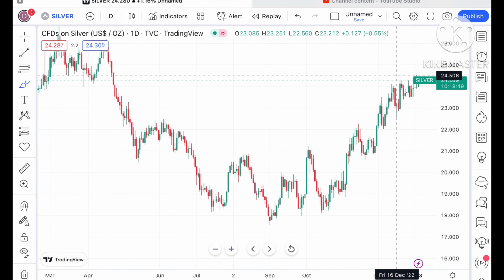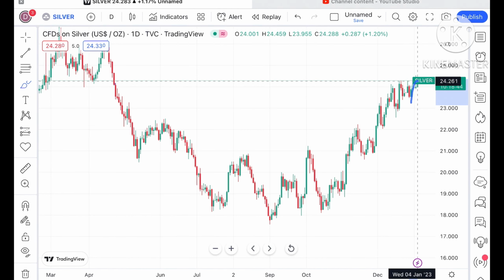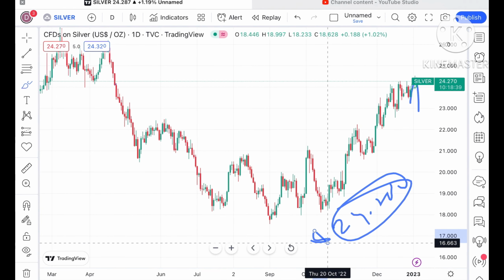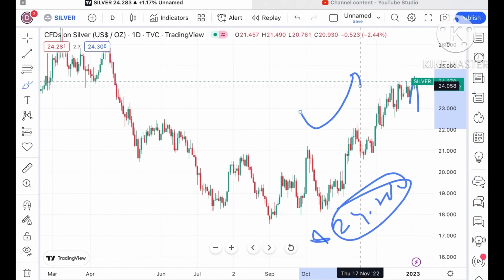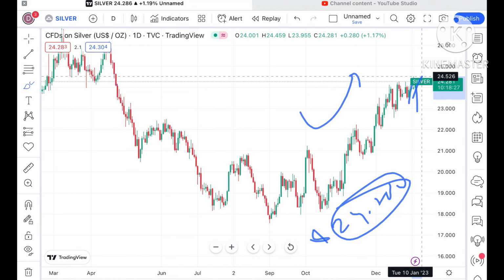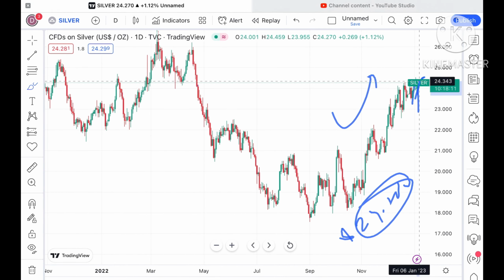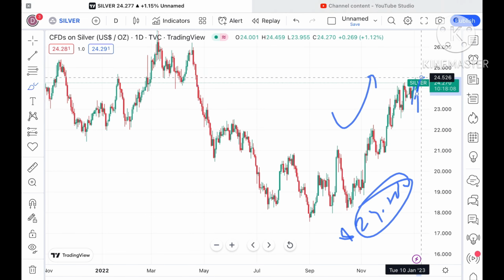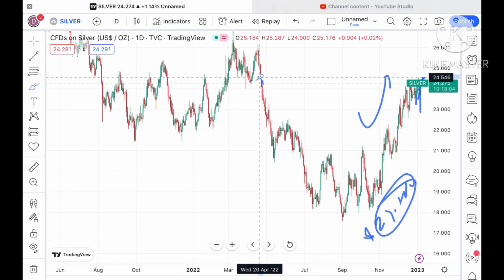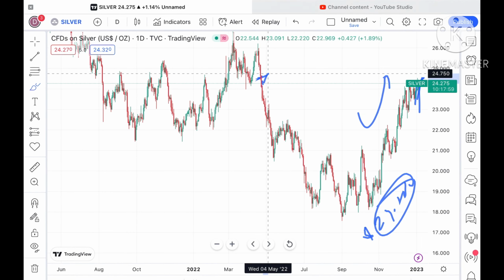See, this level has not been reached since April of 2022 and chances are very high it is coming to a strong support around $24.280. Now at this particular level, a bounce back can come from this zone. So if this level sustains, there is a probability of going towards $24.567. Once it sustains this level, it can go towards $24.526. And this is a level we have not seen since April 2022. So the probability is very high that it can cross this zone and touch a level of around